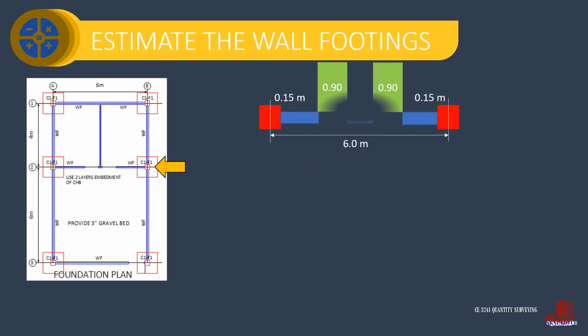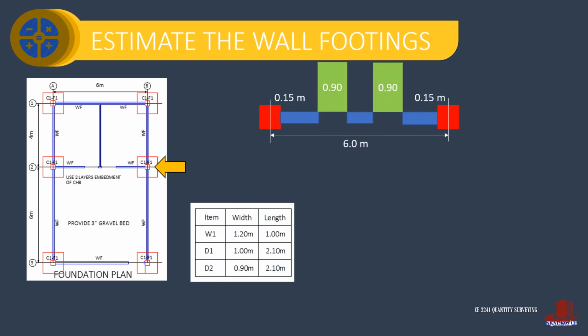Take the next grid. The wall footing can be laid out with columns on both ends. Then, there are also two doors. The doors replace walls, making footing beneath them irrelevant. So the net length of wall footing of grid 2 is then 6, less the two columns on the ends, then also the two bedroom doors of 0.9 meter width. The net length is then 3.9 meters.